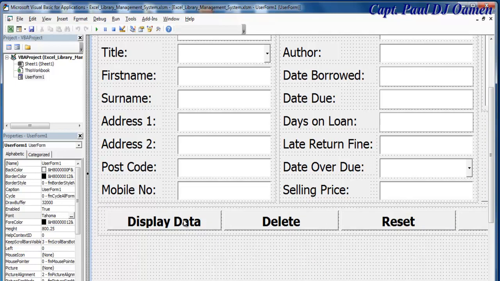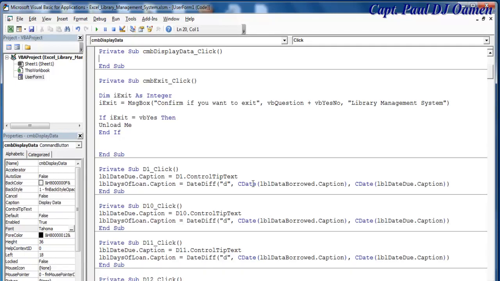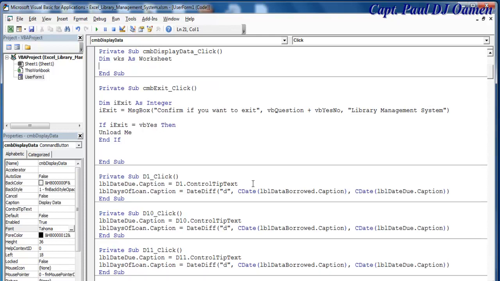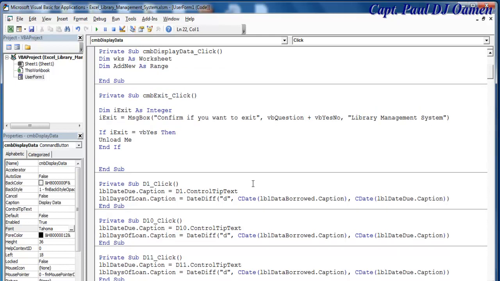Double click on this very button, and right there the first thing I'd like to do is to declare as follows: dim, I'm going to call it WKS as worksheet. There. And dim add new as the range. Then I'd like it to set